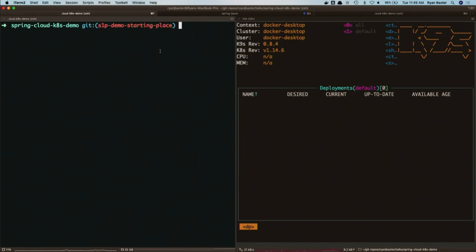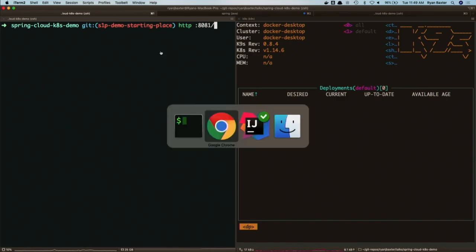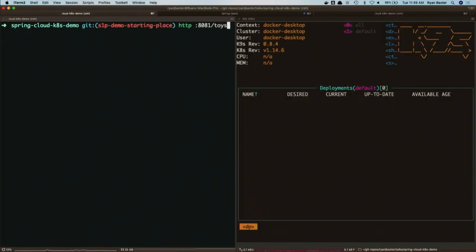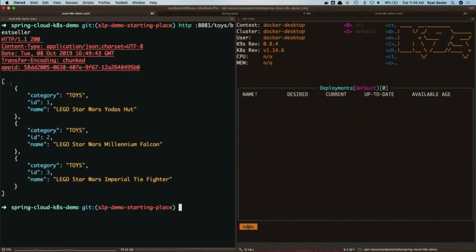If we look at what these apps do, if we go to 8081, I've got to remember all the right ports for everything. All right. So this is the toys service. It just returns you a JSON array of toys, right?